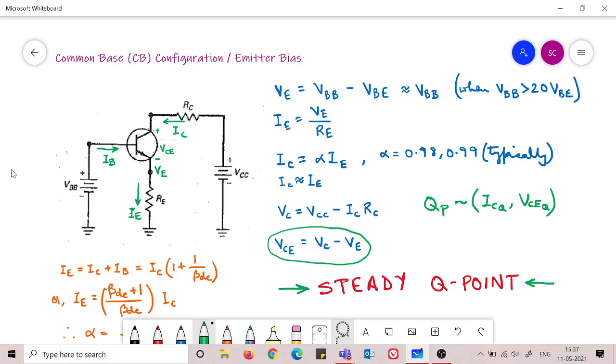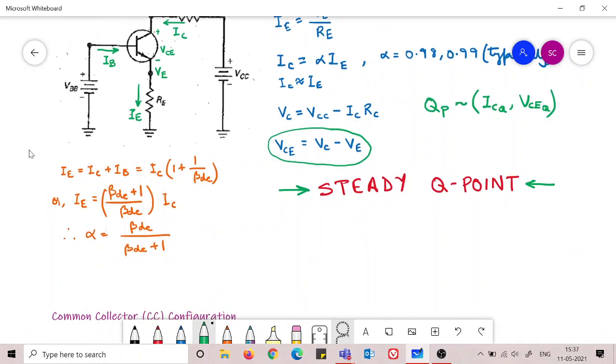So you can work out numericals from the book which actually show this by doing some example solutions, but from a theoretical basis I am trying to make you understand this. So I hope that this is clear. Since IC does not change so much, VCE will also not change so much. Okay.